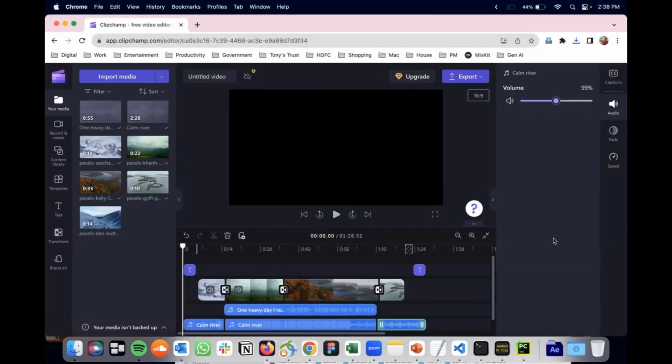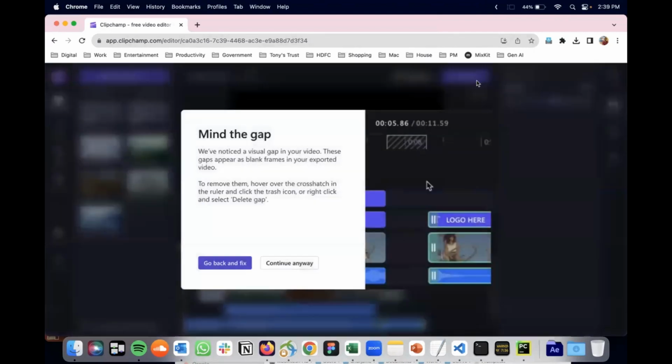And there is one last thing, right? So now we got all the media in place and we chose the soundtrack, we got the transition, and we have done some effects on top of it. We have also chosen the background music. And now you have to compile everything together. So there is something called rendering, and on top here, there is something called export, right? So click on export